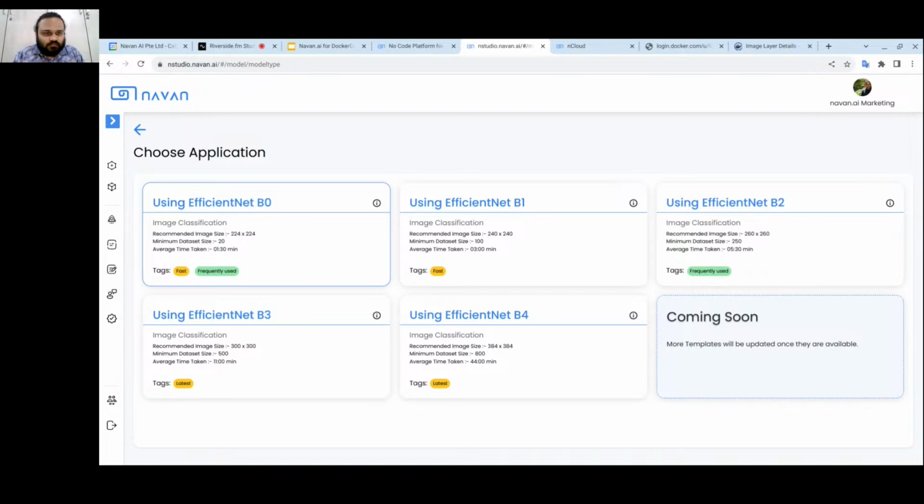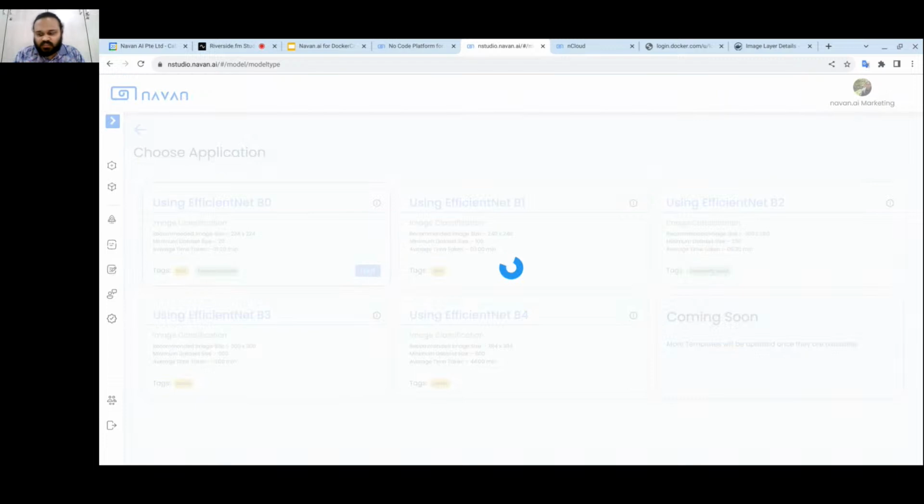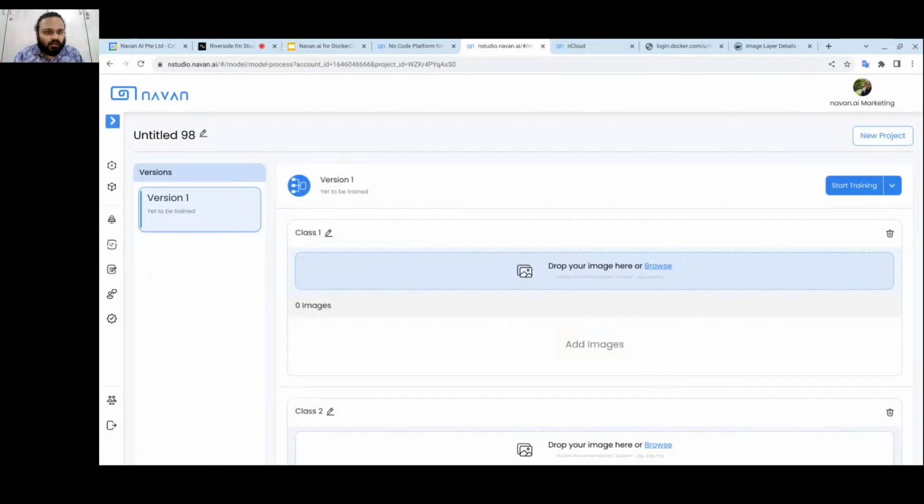So to save time again, on this platform, when you go to image classification, you have these 5 different options, 5 different versions of EfficientNet that you can use. If you're confused which version you should use, you can just hover on this eye icon and you'll get some examples for each and every model version, right? So you can look at that, or if you already know which is the right model for you, you can directly go ahead and choose that. To save time in training, I'll go ahead with B0 and show you the process. The idea is to show you how you can build something without coding in just a few minutes, right? So I'll take that same example, which is tire classification,